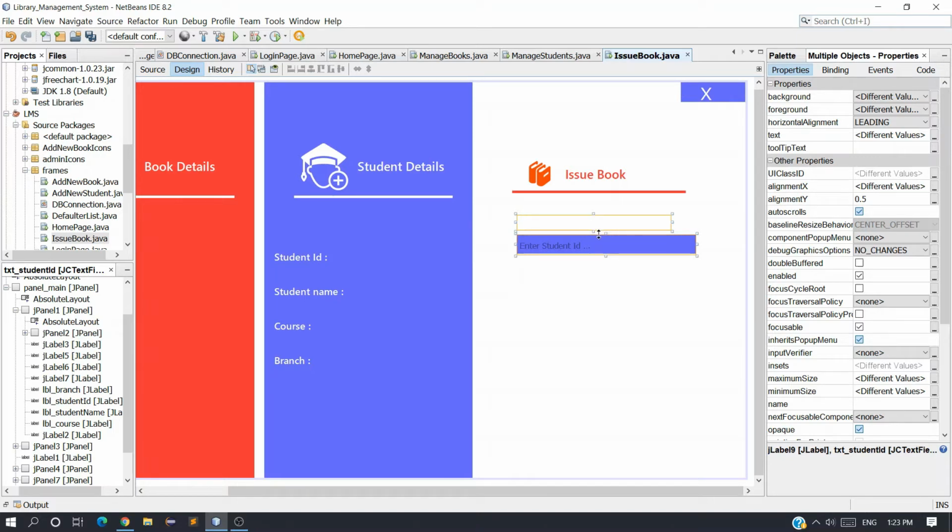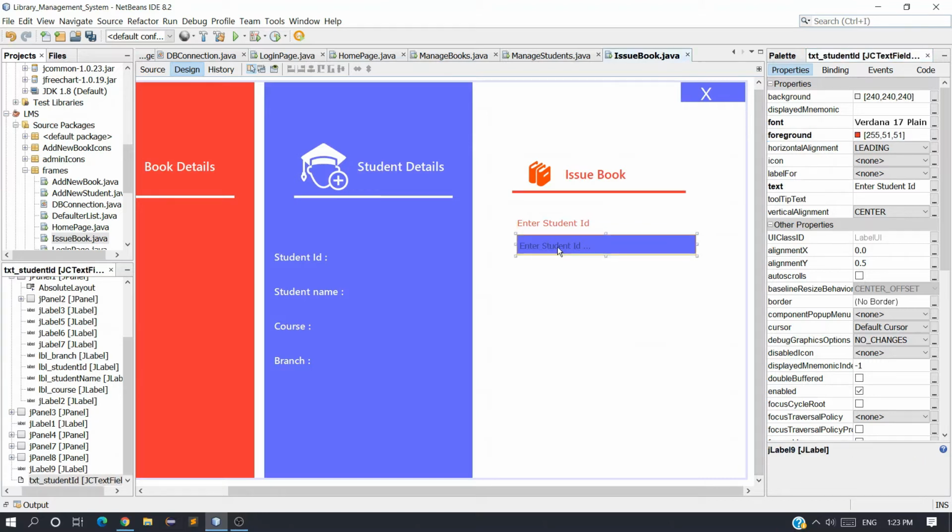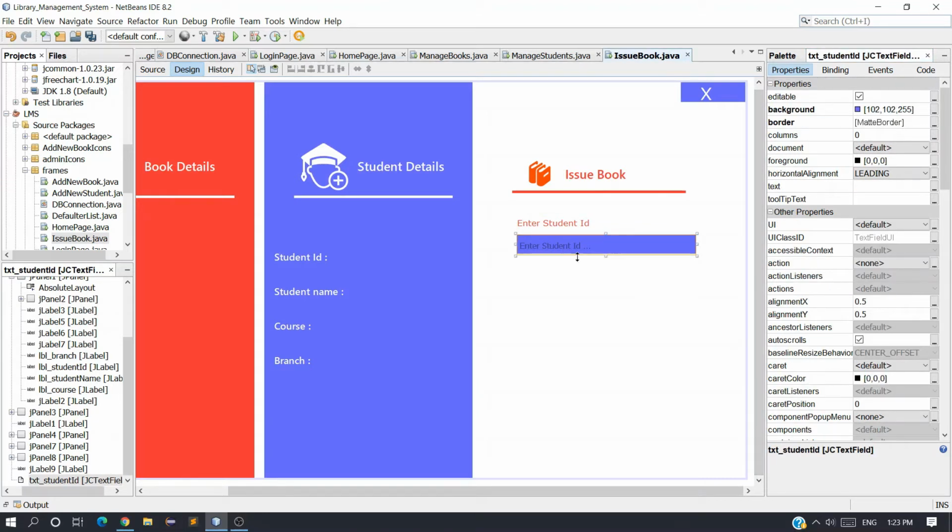You can see we can't see the label text because the color is white, so I need to change the color. So select this panel, label, and go to foreground color. You can see it is white, so make it as 255, 51, 51. Enter student ID and I also want to change the background color.